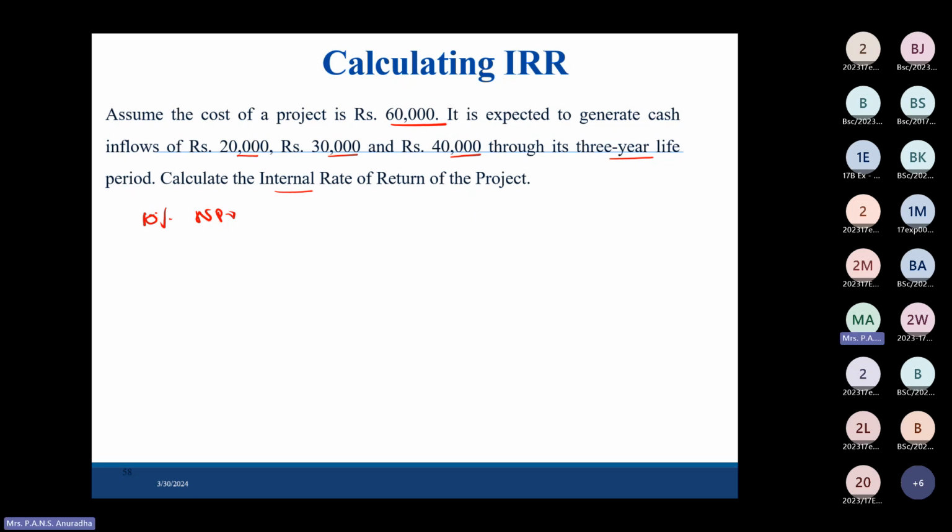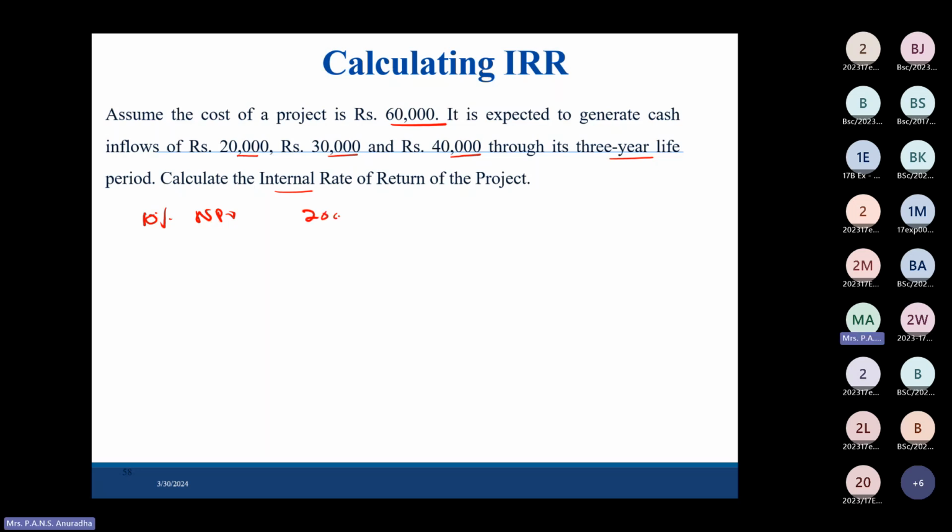Calculate the project NPV at 10%, and see whether it is positive or negative. Here IRR means it is the discount rate at which NPV is 0. So let's start with 10%. See at 10%, what is the NPV? So NPV at 10% is equal to